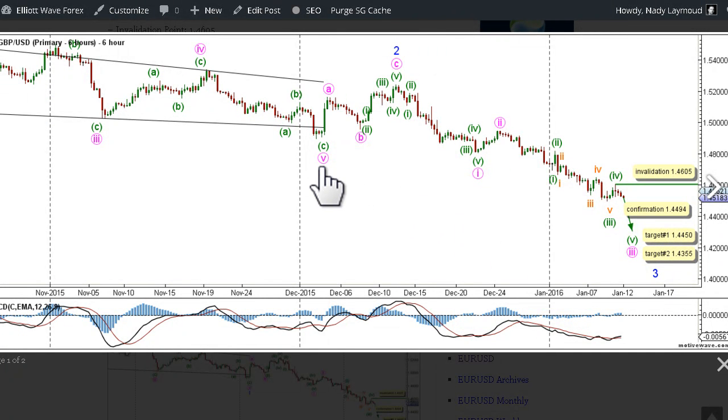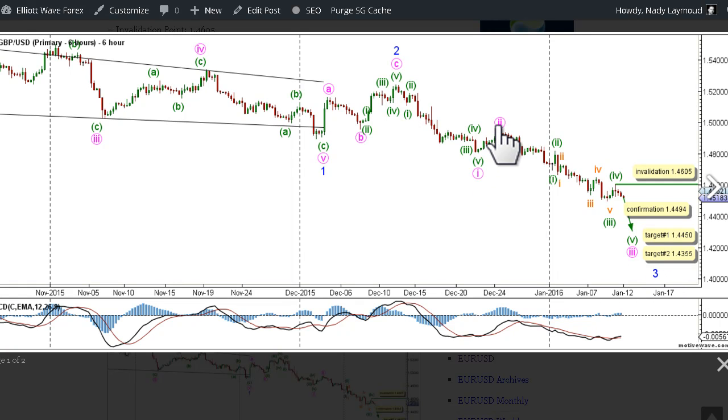Wave 1 blue unfolded as a leading diagonal, labeled waves 1 through 5 pink, with wave 3 pink unfolding as a zigzag labeled A, B, and C green, and as well wave 4 pink unfolded as a zigzag labeled A, B, and C green. To complete wave 1 blue, wave 5 pink unfolded downwards as a zigzag labeled A, B, and C green, and after the completion of wave 1 blue, wave 2 blue was a shallow correction toward the upside as a zigzag labeled A, B, and C pink, with wave C pink unfolding as an impulse labeled waves 1 through 5 green. It's expected that wave 3 blue is unfolding toward the downside as an impulse, and within